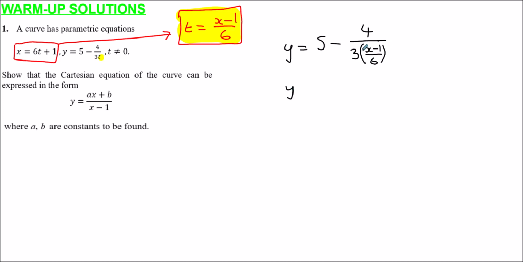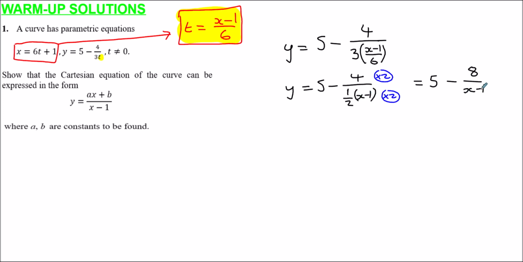So if I write this as a more simplified fraction, I've got y equals 5 minus 4, and then 3 divided by 6 is the same as a half, so you're going to write this as a half x minus 1. And then I can simplify this fraction. I don't really like having a fraction within a fraction, it just looks quite complicated. So if I multiply both top and bottom of this fraction by 2, I can simplify this expression for y. So 5 stays as 5, and then I simplify this fraction by doubling the numerator, 4 goes to 8, and then the denominator, if I double the half, I'll just get x